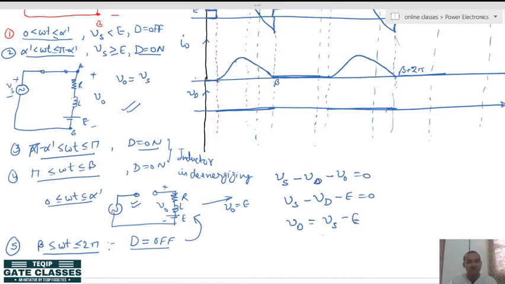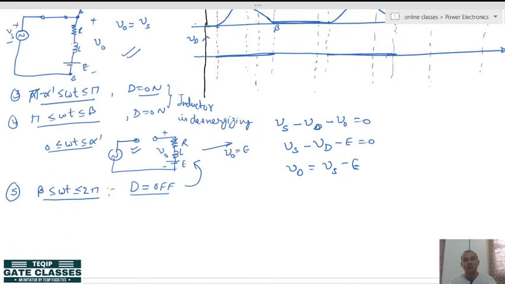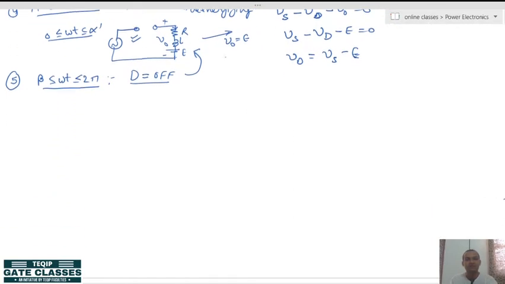Now since it's a sine wave, this Vs is a time varying wave, and this E is a constant. We have learned in mathematics that when a time varying wave is added to or subtracted by some constant, it results in shifting of the wave on the y axis. If positive is added, it shifts on the positive y axis, and if negative is added, it shifts on the negative y axis. If you want to plot this, it's very simple. Just see here, I am showing it in a separate graph.